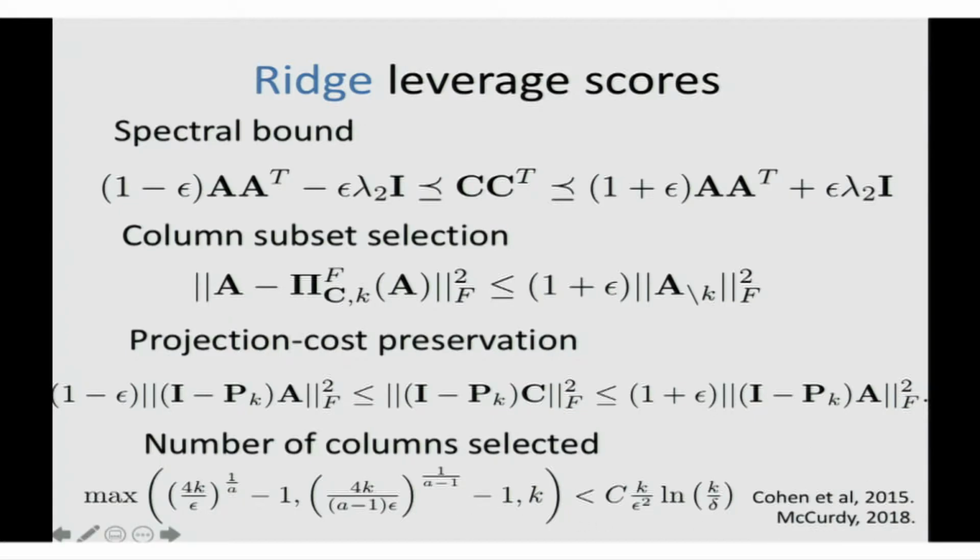And there are conjugation rules that are nice. So this spectral bound is very powerful, not only for itself, but also because you can use it to derive other things. You also get the column subset selection bound, the projection cost preservation, and if you fix the number of columns, you can get, sorry,